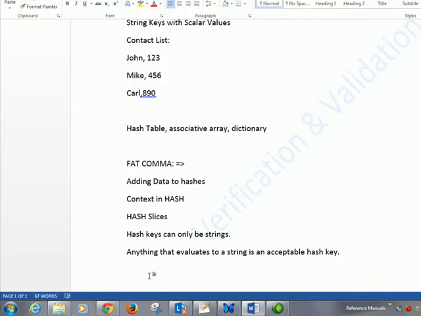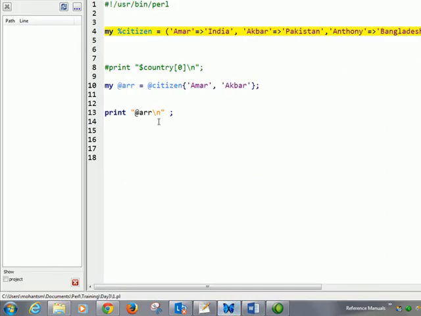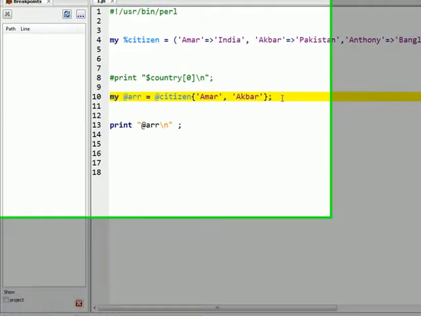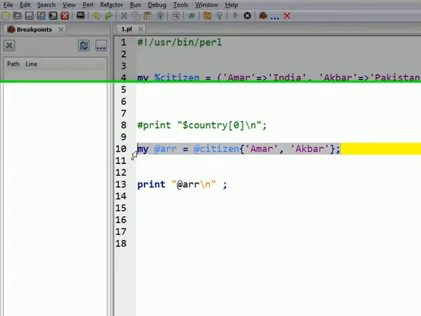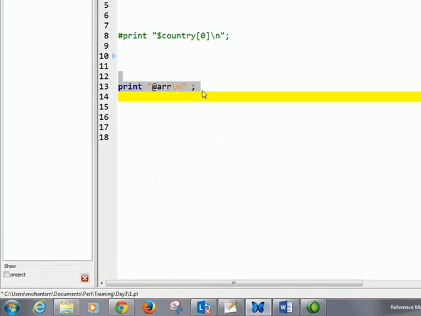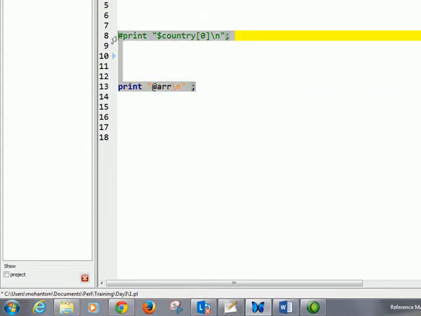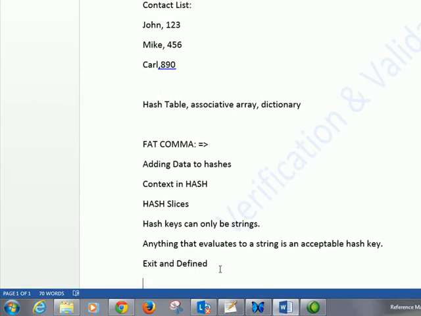Now we will learn about two functions, exists and defined. Exists basically validates if a key is there or not.